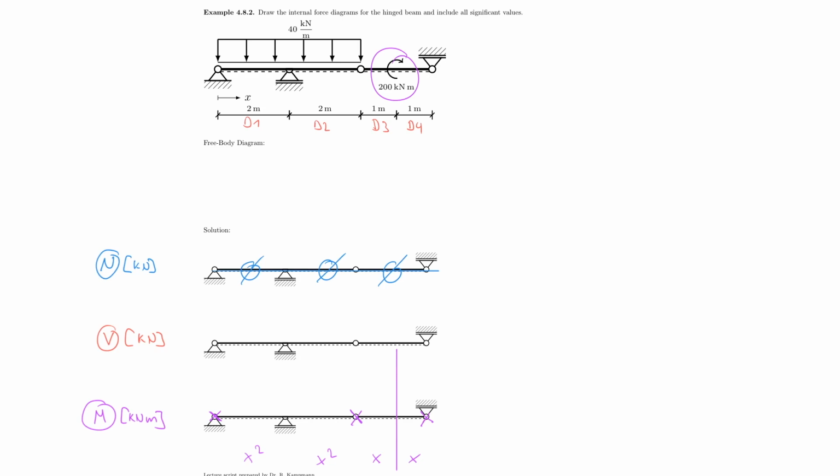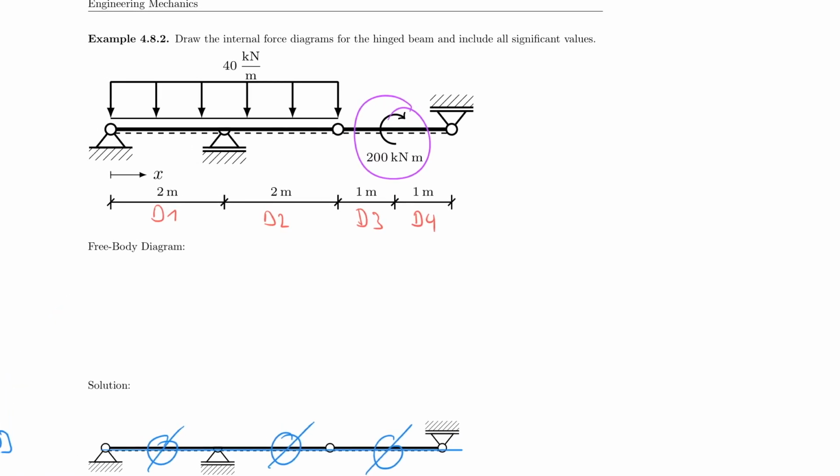Yeah, and then I think we should start with calculating our support reactions and move on from there, because once we have the support reaction, everything else becomes easy. In this case, I would start with the support reaction on the far right. That's what I'm going to do. Why am I doing this? Because I just have to worry about this system here on the right side. So all I have to do is make sure that